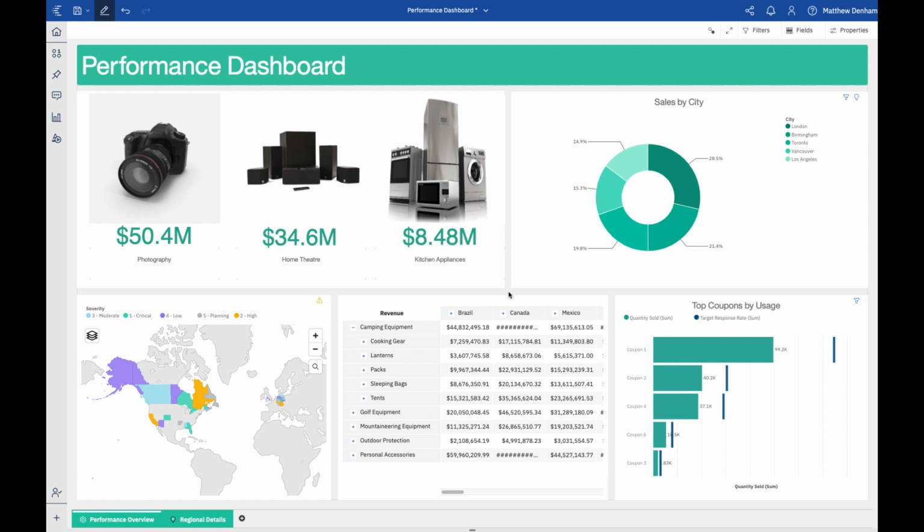In speaking with a number of our customers and conducting a number of interviews, we often get asked for capabilities that actually already exist within Cognos. So clearly that tells us that we have an issue with discoverability. So let's try and address that. One of the ways that we've addressed that in this release is we made the toolbar persistent along